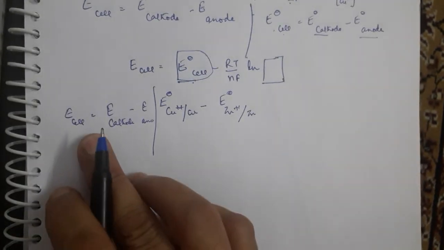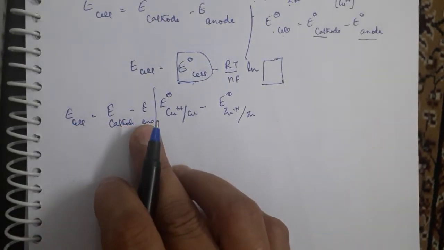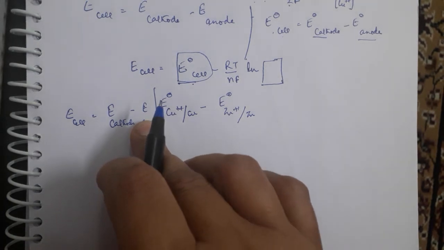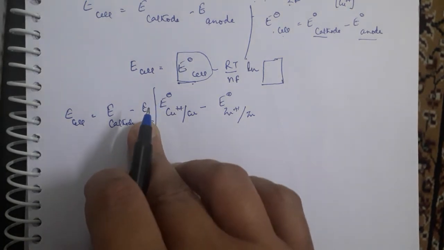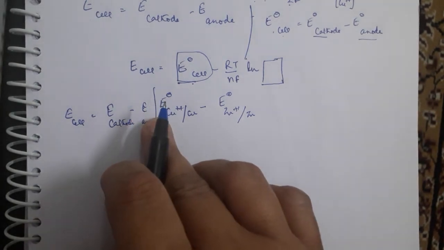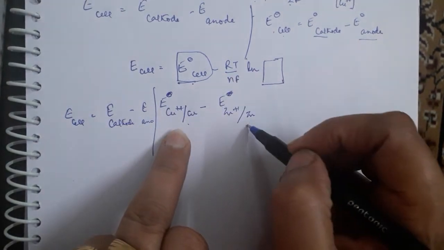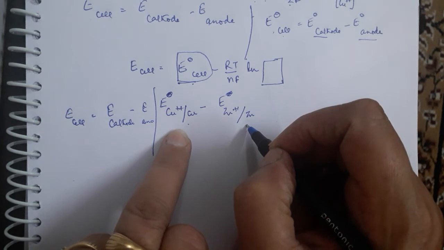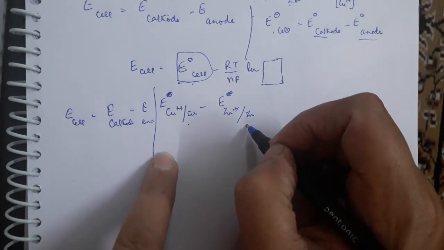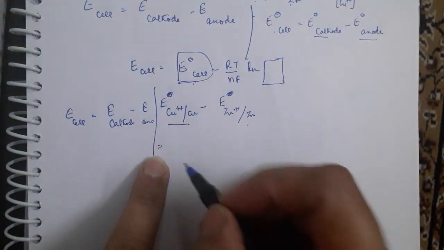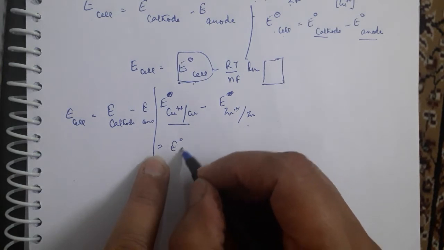Same way, E0 cell will be equal to E0 cathode minus E0 anode. So first we find E cell. E cell equals E cathode minus E anode. So we can say that E copper minus E zinc. Now what is E copper? What is E zinc? E copper is equal to E0 copper